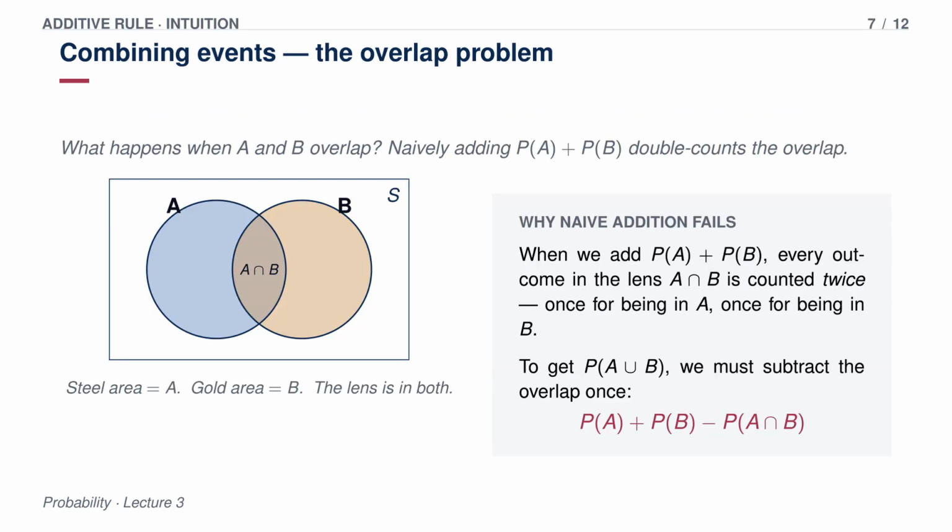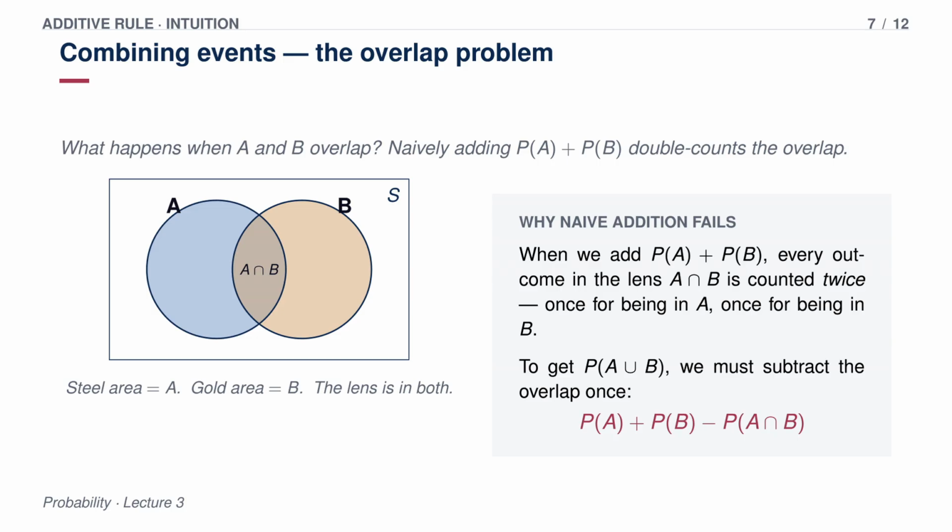Okay, but this brings up an interesting complication. We've been looking at isolated events, or events that are completely separated. But earlier, when you mentioned Axiom 2, you specifically said it applies to disjoint events. I did, yeah. What happens when events A and B are not disjoint? What if they overlap? That's where the naive math breaks down. The instinct is to simply add the probability of A and the probability of B. Right, just sum them up. But if they overlap, adding them blindly results in double counting.